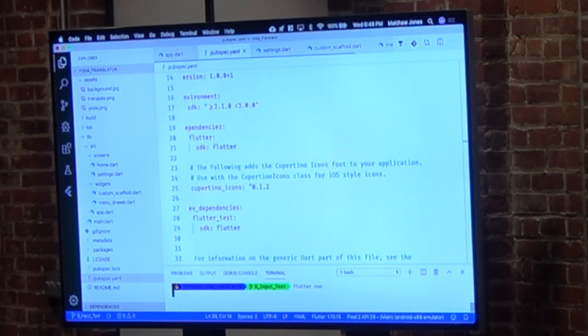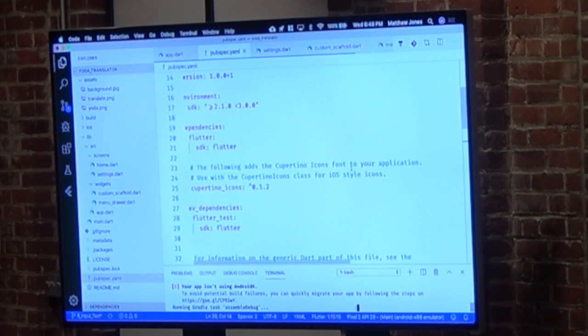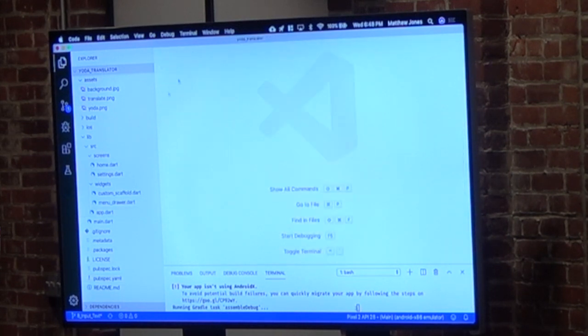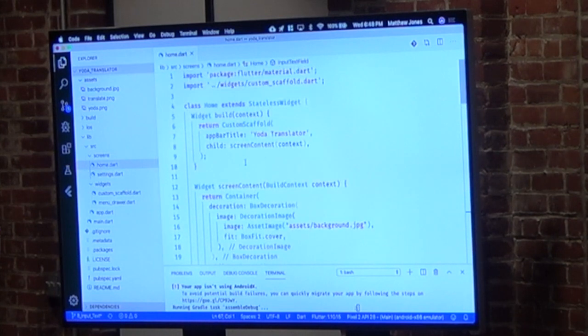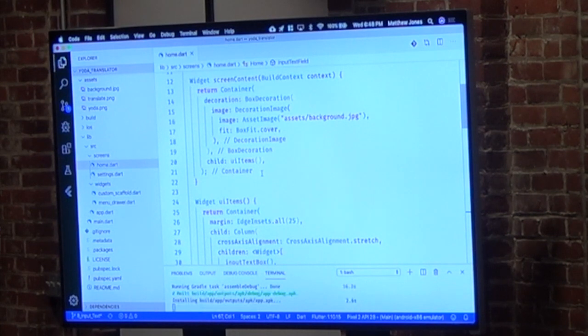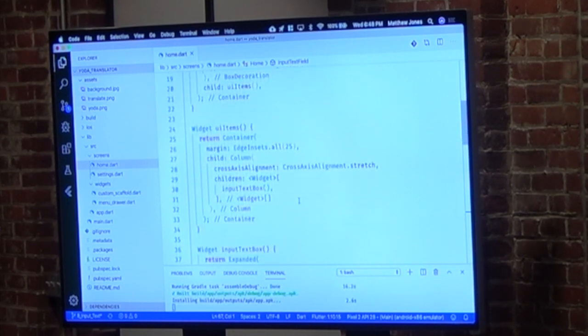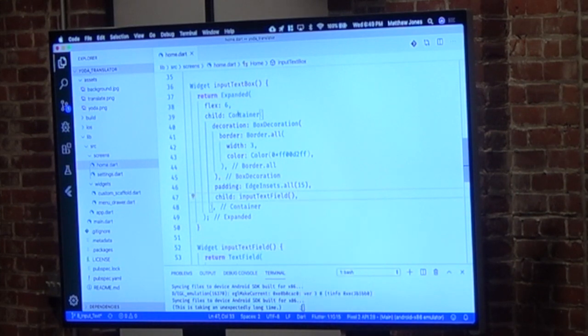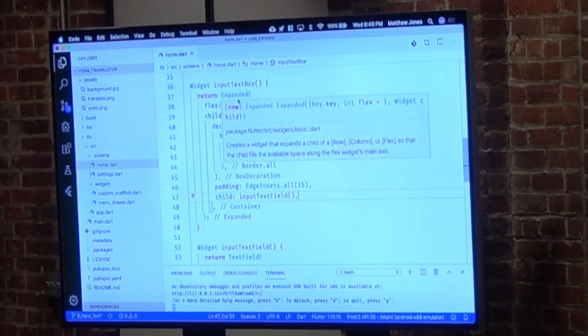cool. Okay, so the next thing we're going to do is we're going to add a place that we can input our text because we need to be able to translate our text. And so essentially, we've broken down the UI items into their own widgets to keep things clean. So if we go back here to the home.dart file, here we go. So child UI items, we're going to put all of our UI items into this custom widget. And inside of that, I've got a column because we're going to make one long column of items. And then inside of that, we're going to put an input text box, which is a custom widget I created. The expanded widget basically just says, fill up as much space as you possibly can.